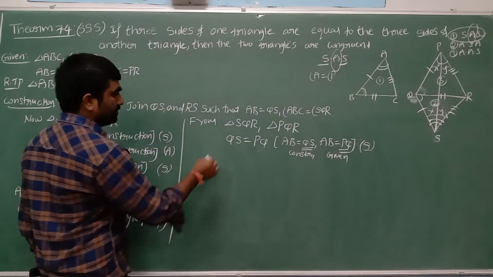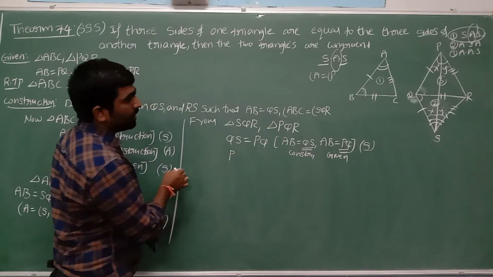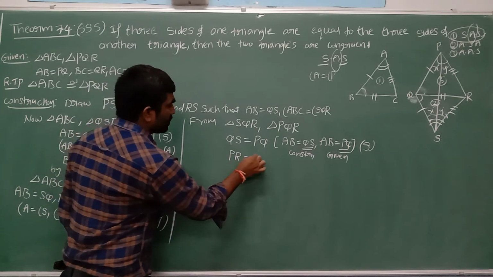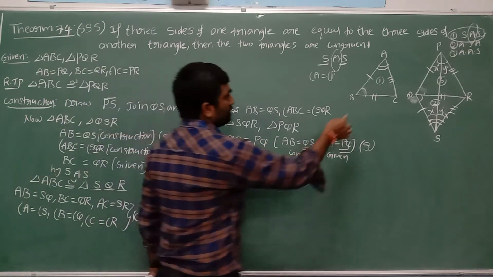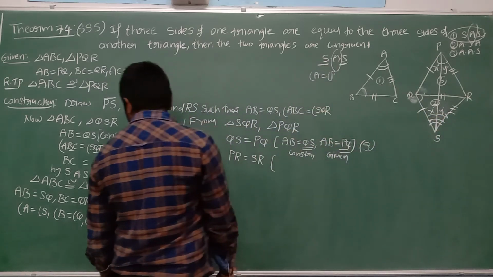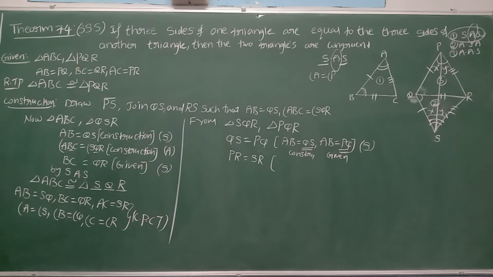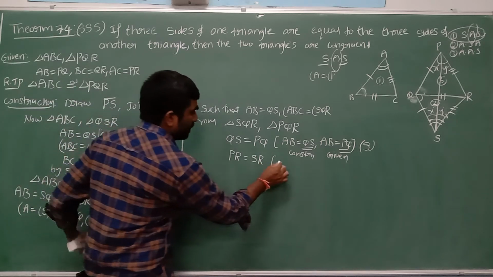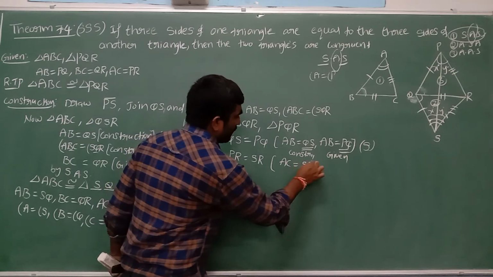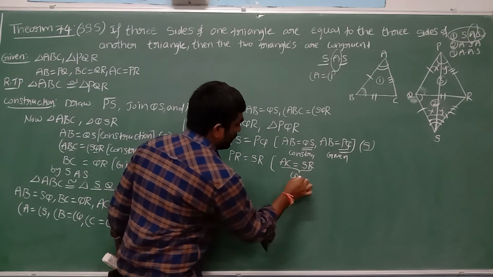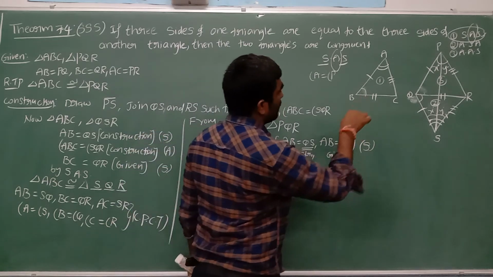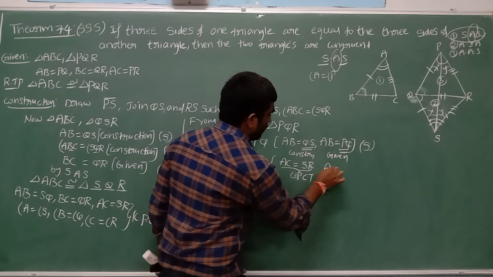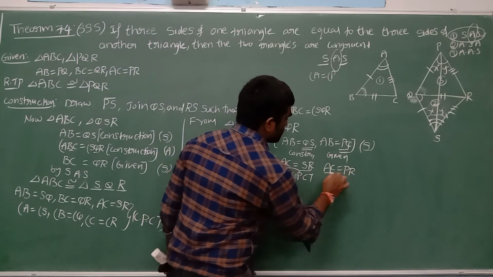PR is equal to SR. We can write here, let me write PR is equal to SR. Sir, what is the reason why they are equal? Yes, these both are equal we got by CPCT. Which both are equal, beta? AC equal SR, we can say. Yes, AC equal SR I got. This I got by CPCT from this. And next, AC equal to PR they have given. AC equal to PR. This part they have given.